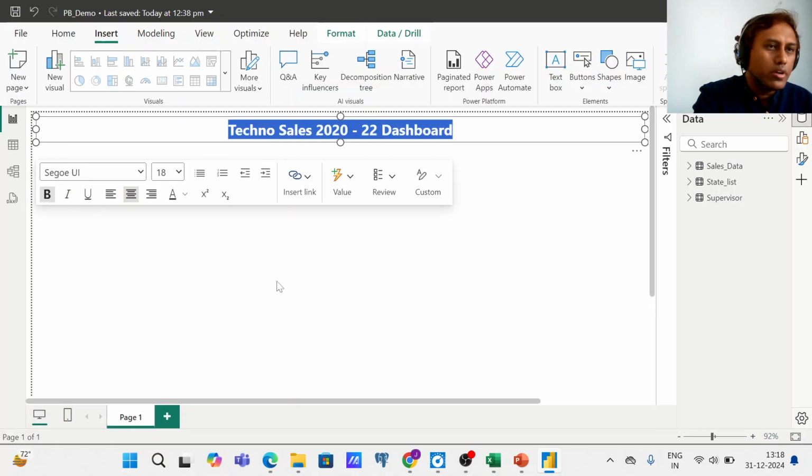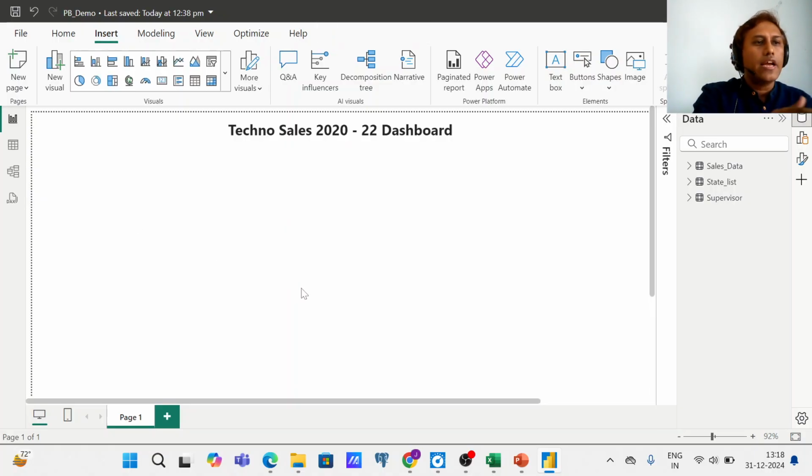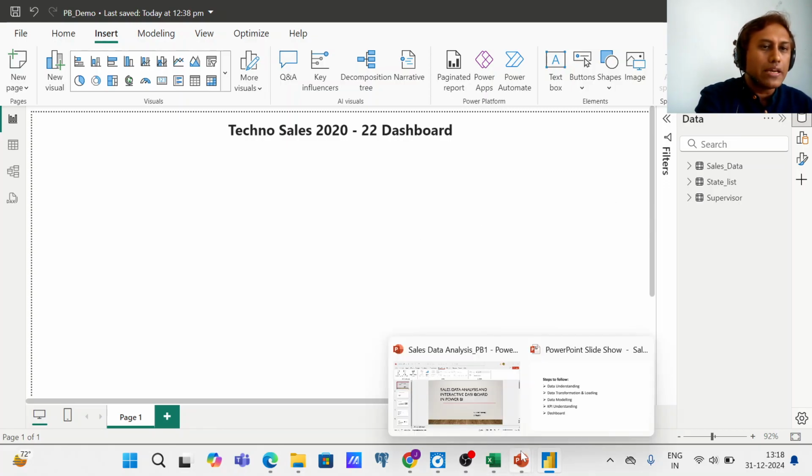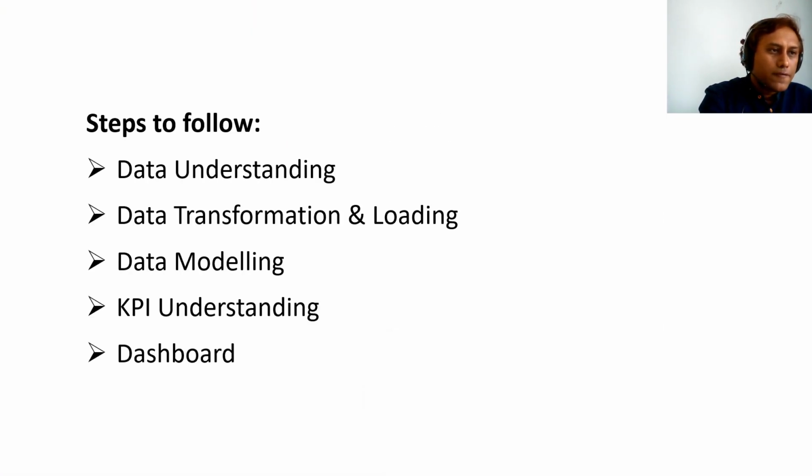So make it a little bold. Done. So this is the heading, Techno Sales 2020-22 Dashboard. Next thing, you need to understand what the KPIs are, the primary KPIs, right? KPI means the key factor. So for that KPI understanding,